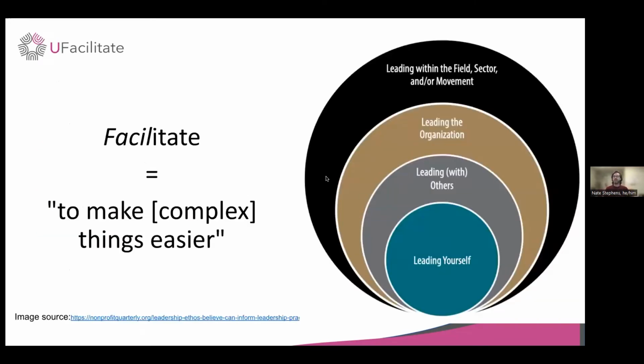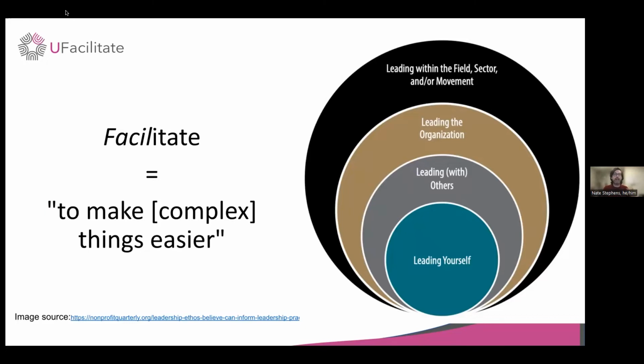Okay, so just to do a quick review. This is the slide I like to keep coming back to, both to remind us all what the literal definition of facilitate is and where it comes from. It's to make things easier, easy being the root word. And I like this image from the Nonprofit Quarterly showing the ripple effects, because I think it's helpful to think of facilitation as the ripple effects that we're able to send out in our ecosystem, to our team, to our community, to our organization, to our family, people have even mentioned.